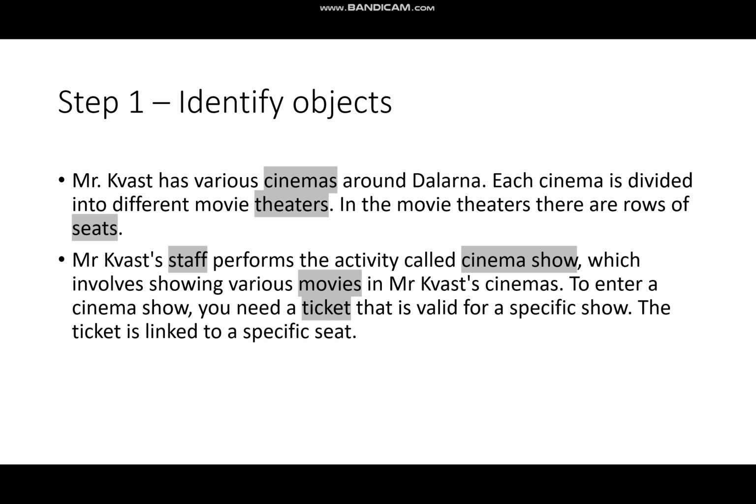And the second part is Mr. Kvast's staff performs the activity called cinema show, which involves showing various movies in Mr. Kvast's cinema. To enter cinema show, you need a ticket that is valid for a specific show. The ticket is linked to a specific seat. So from this description, I can identify that we have cinema,